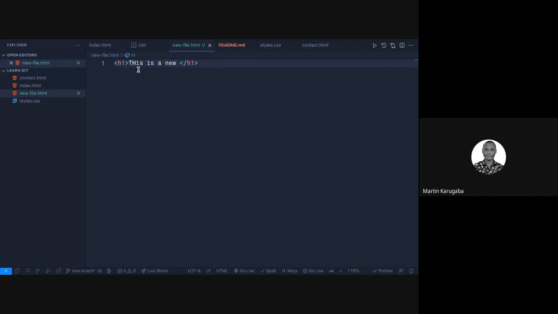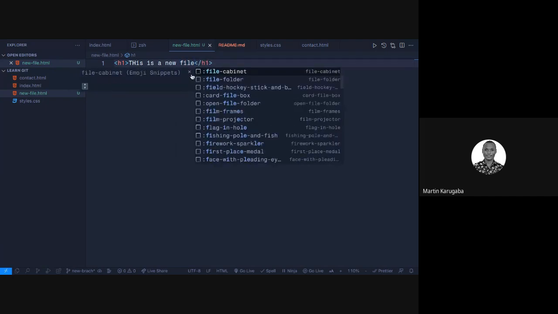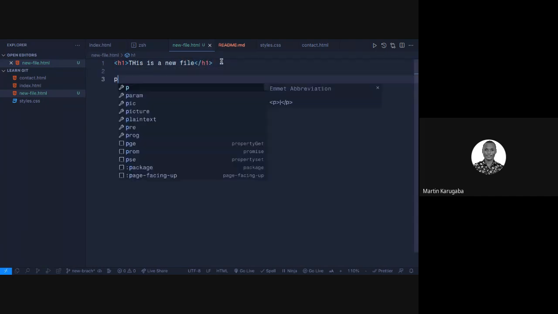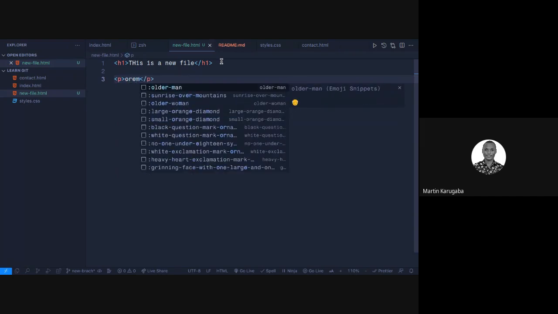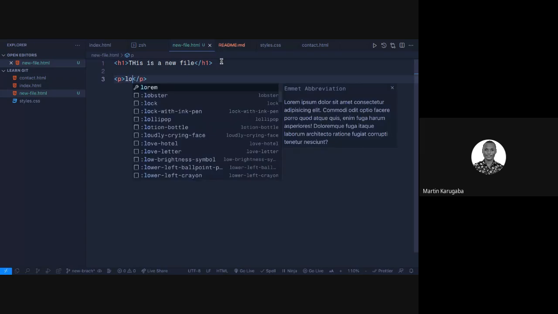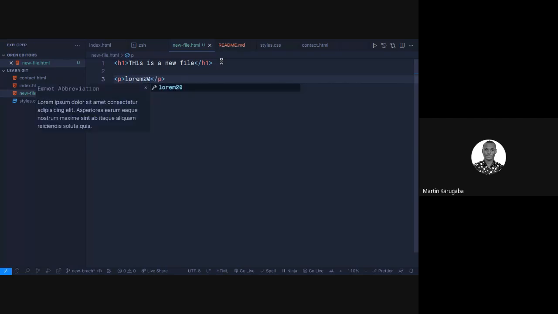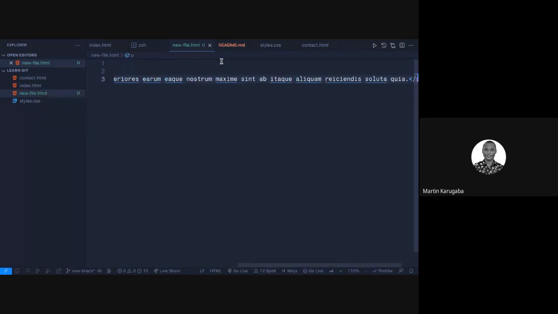This is a new file, and I'll create like 3 paragraphs right here. Let me say lorem 20. Okay, so as I shared, this is an extension that helps me generate dummy text. So I'll make like 3 paragraphs,